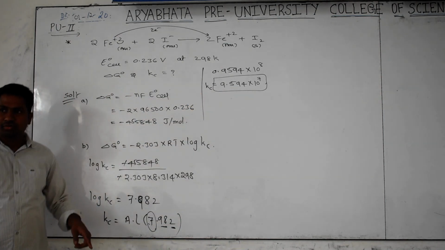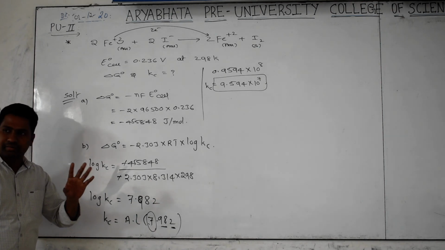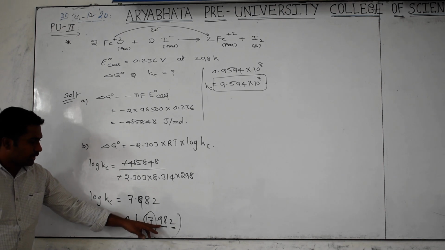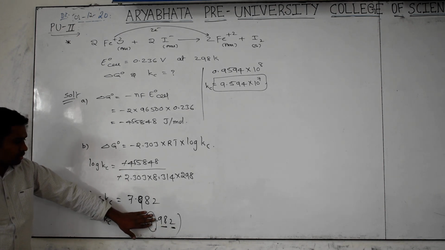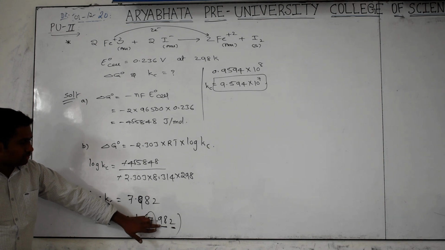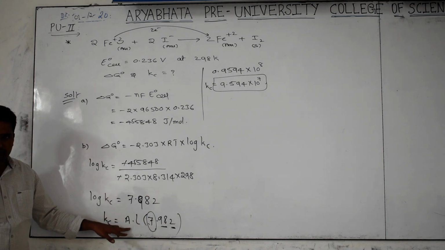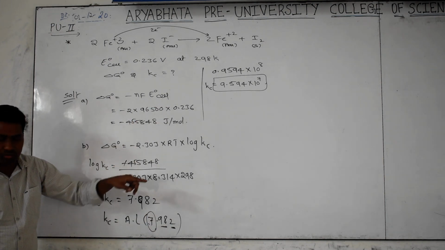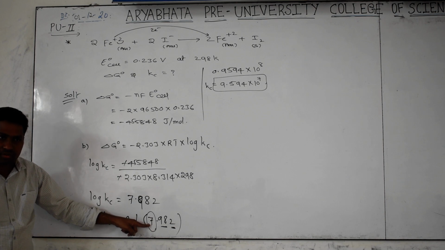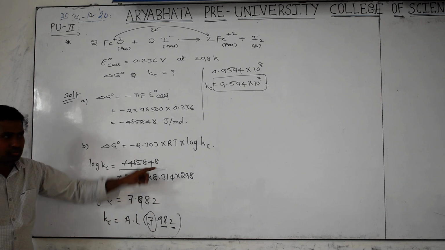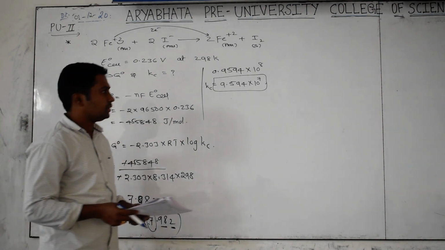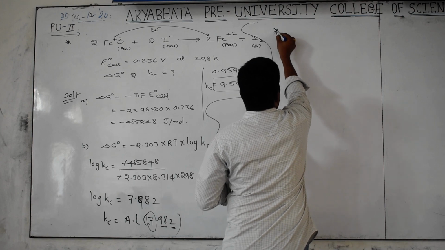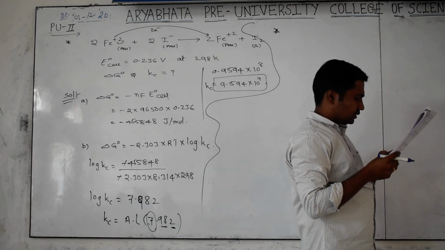Once again, see how to look up anti-logarithm. However many times you learn, you will definitely forget it. Anti-log of 7.982: before the decimal, whatever number is there, keep it aside. Then look in the anti-logarithm table for 98 and 2, which gives 0.9594. Before the decimal, whatever number is there, add 1. 7 plus 1 is 8, and it should be written as 10 to that power. Simplify, you will get it. Is it clear? Yes. This is only a 5 marks question, the very easiest thing.